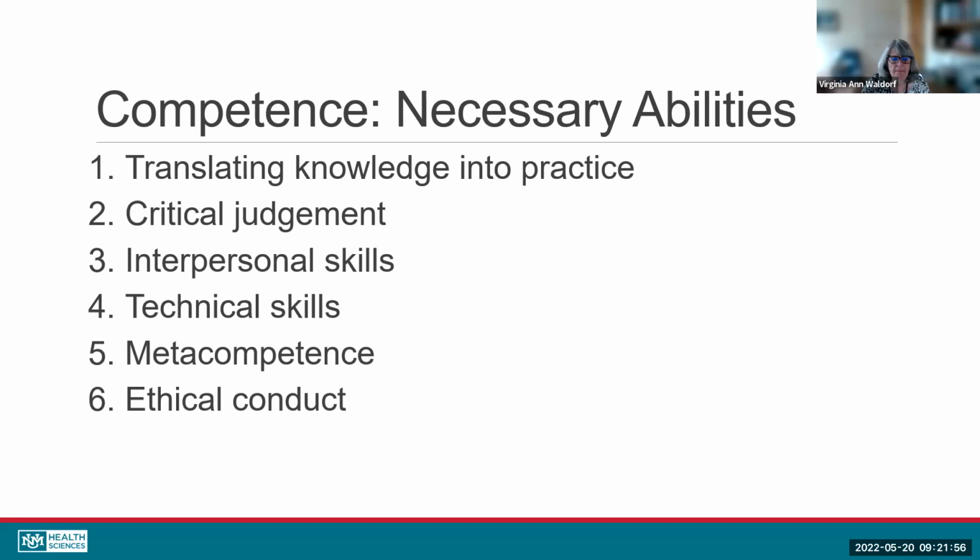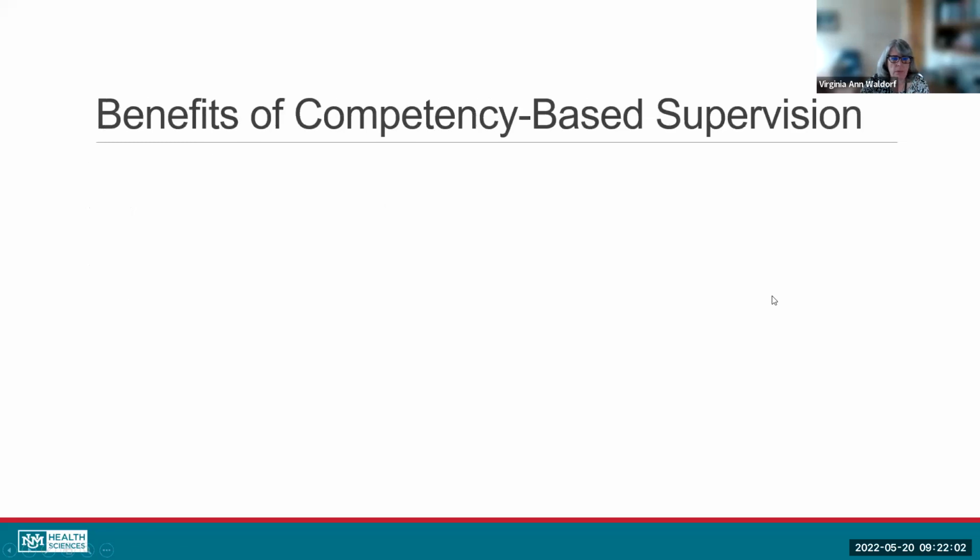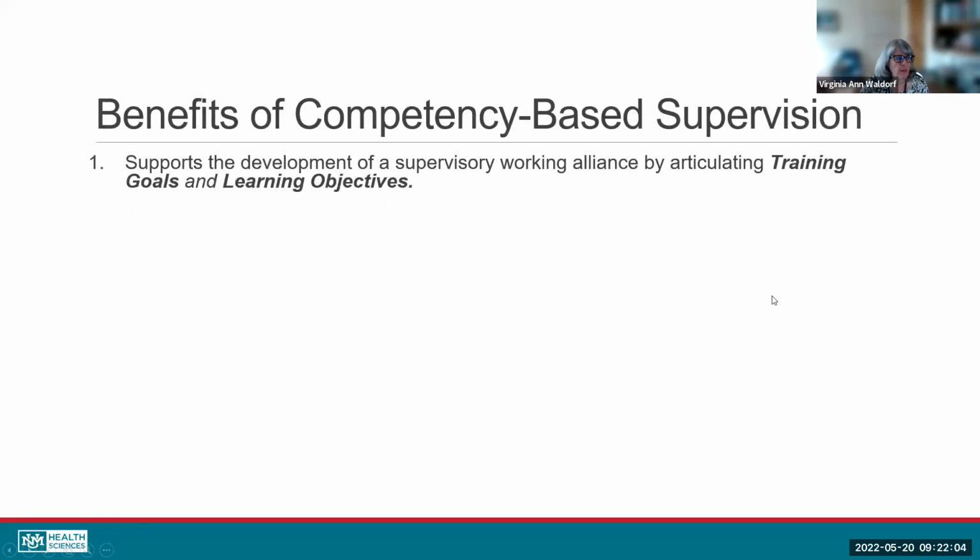Okay, why is this beneficial? Well, first of all, it supports the Supervisor Alliance because it helps make training goals and learning objectives very, very clear, right? No one is confused about what needs to happen between the beginning and the ending, not the supervisor